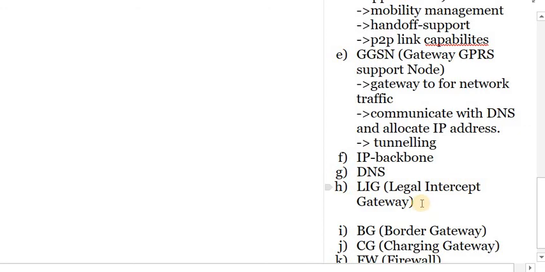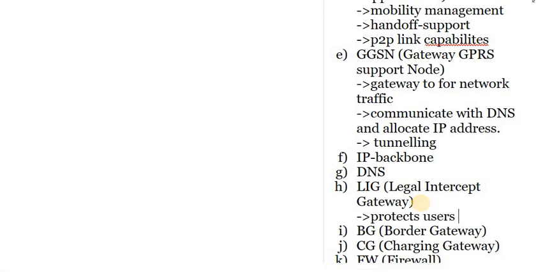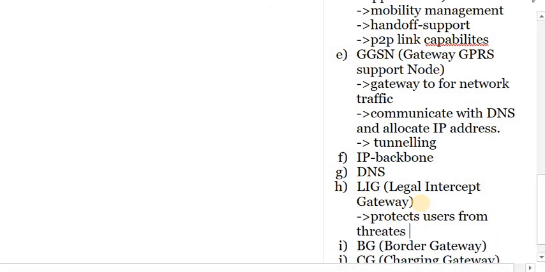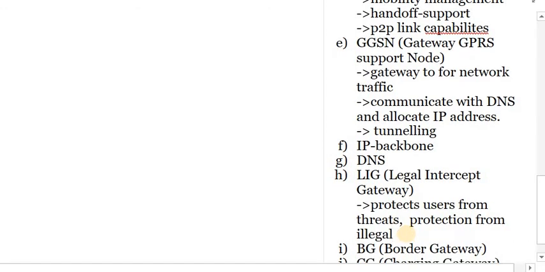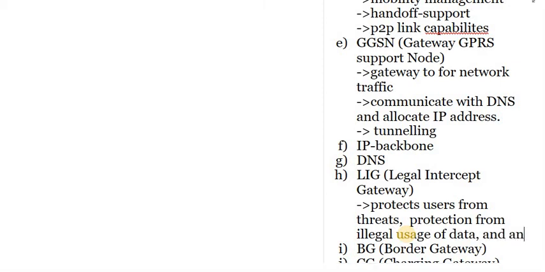Legal intercept, as the name indicates, protects users from threats, as well as it provides protection from illegal usage of data and any illegal activity.